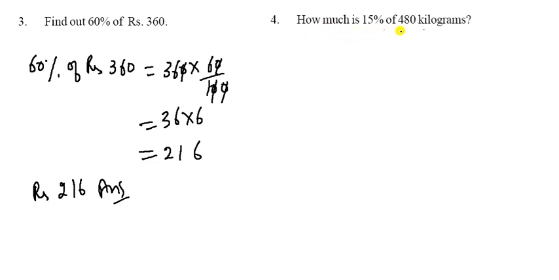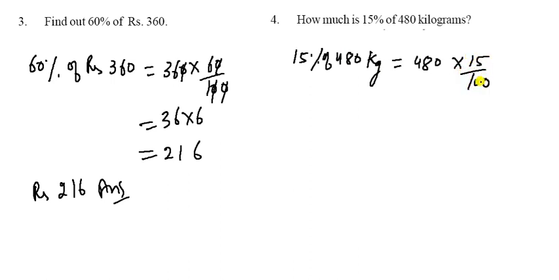So let us see how much this one. How much is 15% of 480 kilogram? So that means it is 15% of 480 kilogram, in short it is called kg. So what will happen? It is 480 into 15%, that means 15 upon 100, and you can say it is kg. So 0 will be cancelled to this 0 and 5 3s are 15 and 5 2s are 10 and 2 1s are 2, 2 2s are 4, and 2 4s are 8.